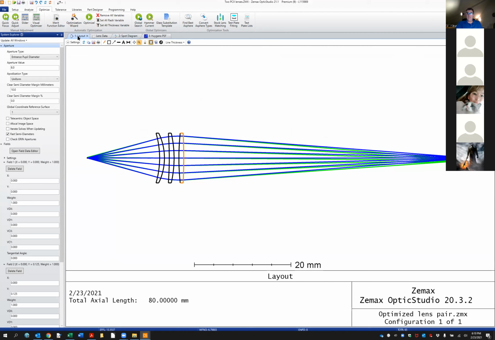Can I ask a quick question? Sure. Why is it whenever you set thickness to a variable that it seems to get really big when you optimize it? There's a reason for that. Okay, the reason is that